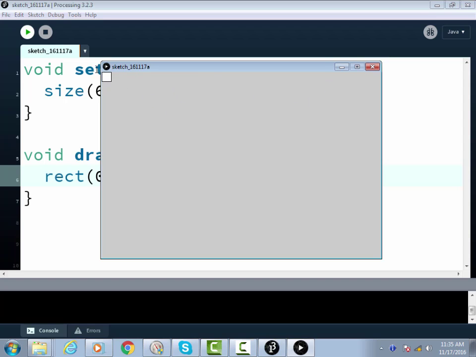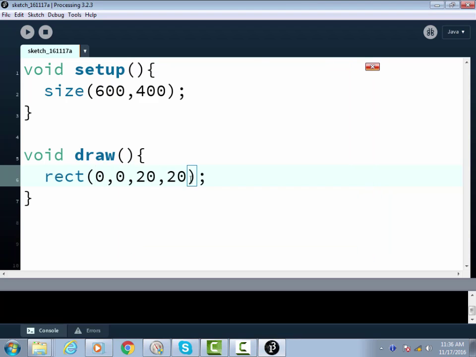Okay, so ellipse coordinates start at the center, rectangle coordinates start at the top left corner. Much like, in fact, how the pixel system in your window works, where 0, 0 would be the top left corner. It's a similar scheme for rectangles. It's like they're also related to Cartesian coordinates. So anyway,